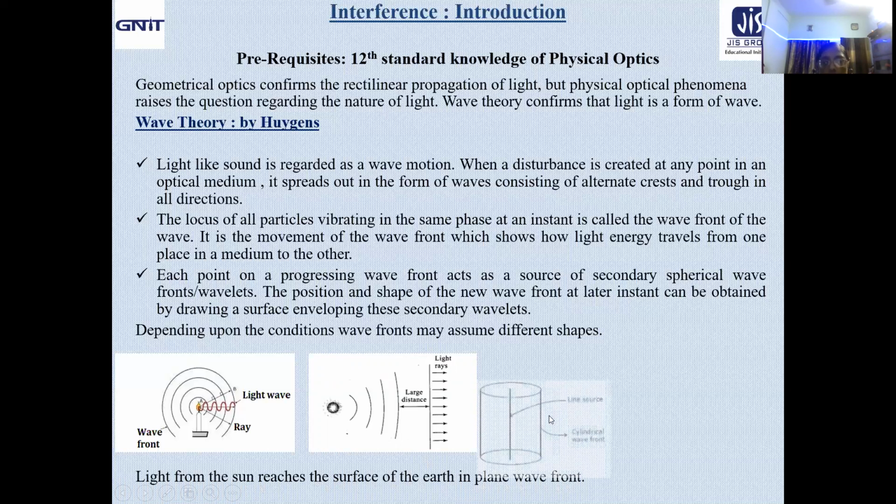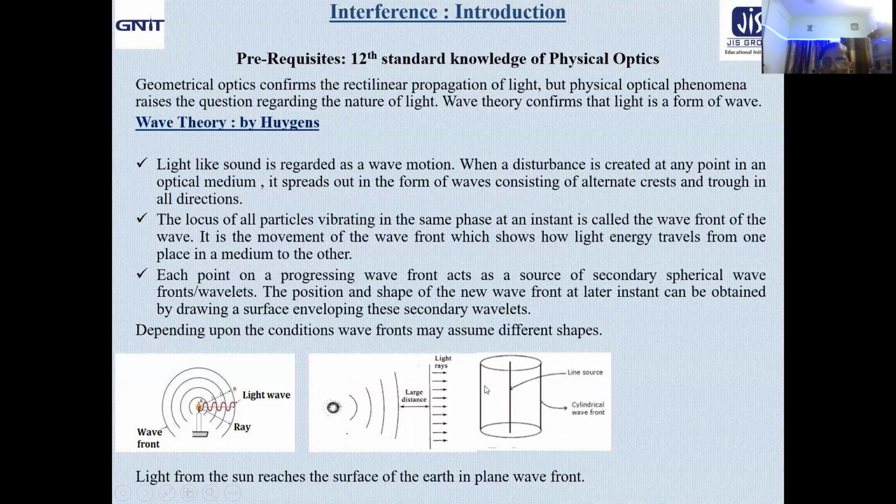Okay. Now, in place of a point source, let us consider a linearly extended source. So, what about the shape of the wavefront? Waves will come out from this linear source on all sides. Here you are getting the two-dimensional view. Now, on both sides, you will get the three-dimensional view. So, if the locus of all points is connected on all sides, what will we find? The cylindrical envelope we will get. Naturally, the corresponding wavefront will be a cylindrical wavefront. So, a line source will give you the cylindrical wavefront.